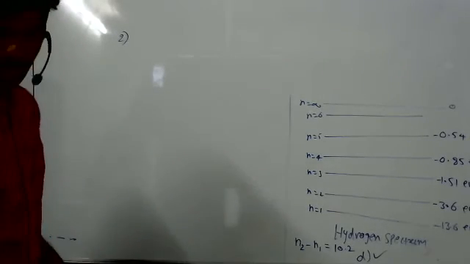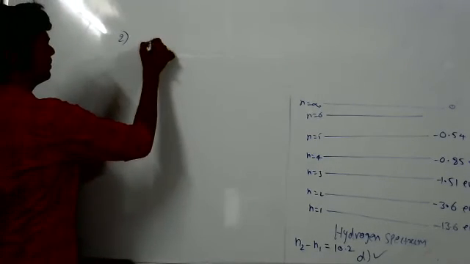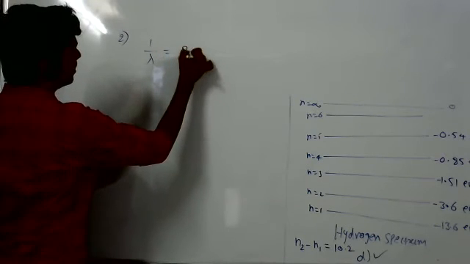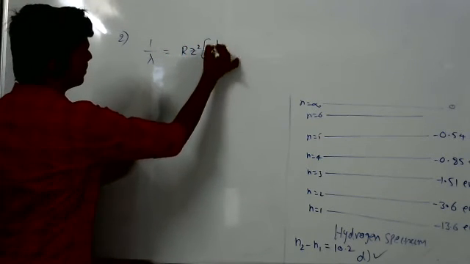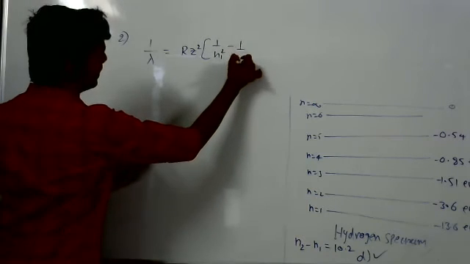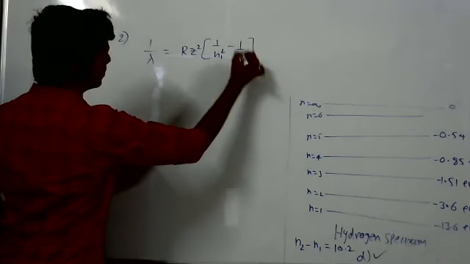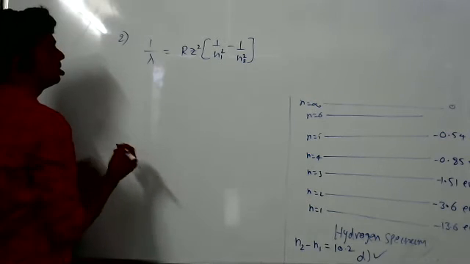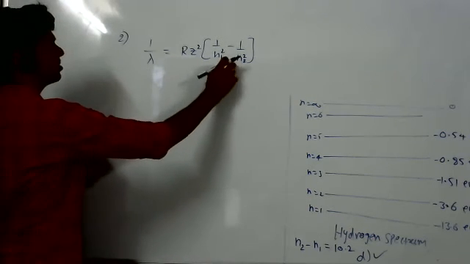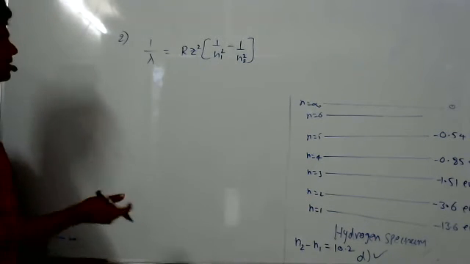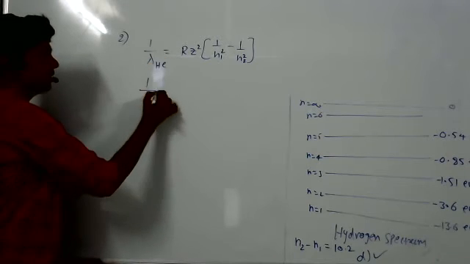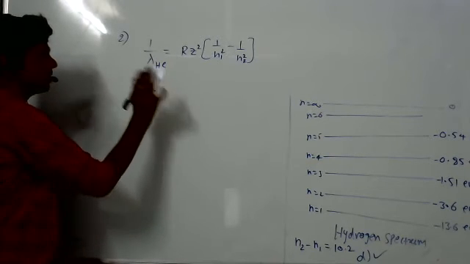First calculate the wavelength of helium. 1 by lambda is equal to R Z square into 1 by N1 square minus 1 by N2 square. Sir, instead we can take the ratio of the wavelengths, which is equal to 1, no sir? The wavelength becomes 1 only, but we have to calculate these values now. The same applies for the hydrogen atom also. Because R is the same for both, it cancels.